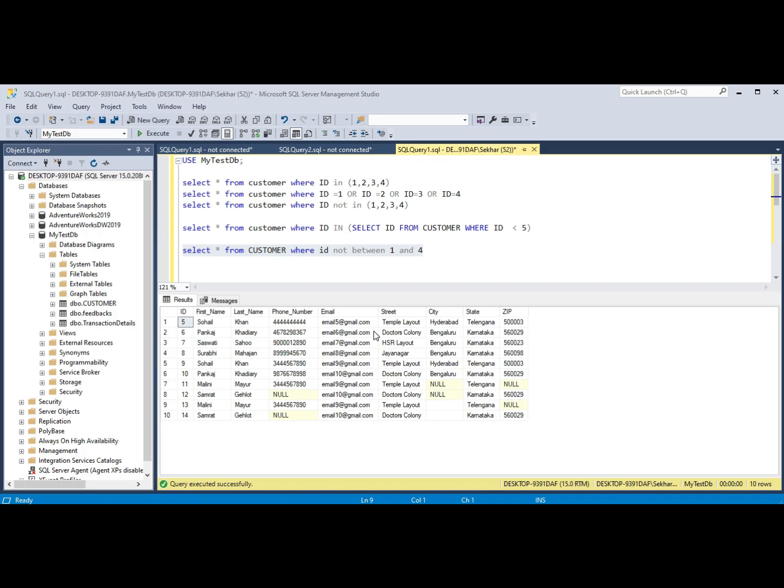Basically, this BETWEEN you can also use, suppose you want to see the people born in a particular date range, like in the last 1 month, so you can give that range. It will give you the records of the people who were born in the last 1 month, which is a kind of range.